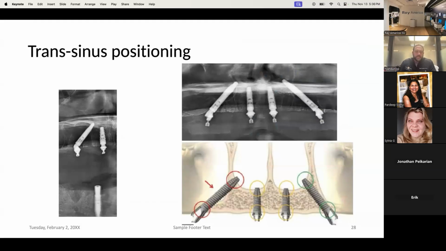So this is what a transsinus implant looks like after we are done. You can see that I go through the alveolar ridge. There's about maybe 4 to 5 millimeters of alveolar ridge, and you can see how,